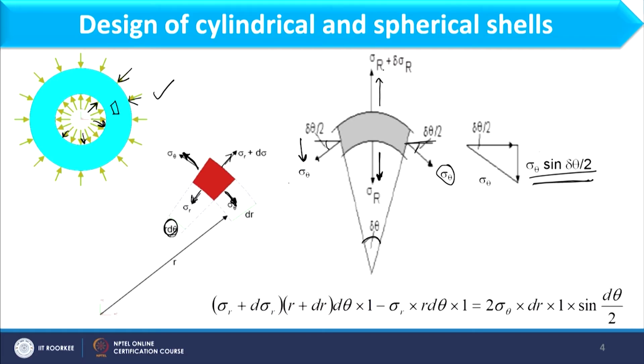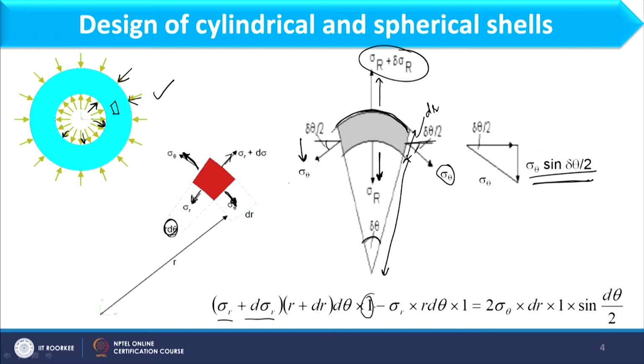Now, the force in the upward direction should be sigma r plus d sigma r. If you consider, this is the total stress and this should be the acting area. So, the acting area would be r, because this is the r, okay, and here I have this dr. Okay. So, r plus dr into d theta, that would be this curve, and then L we can consider as unity. So, we have considered 1 as the unit length over here. So, the force over here is sigma r plus d sigma r into r plus dr into d theta into 1.